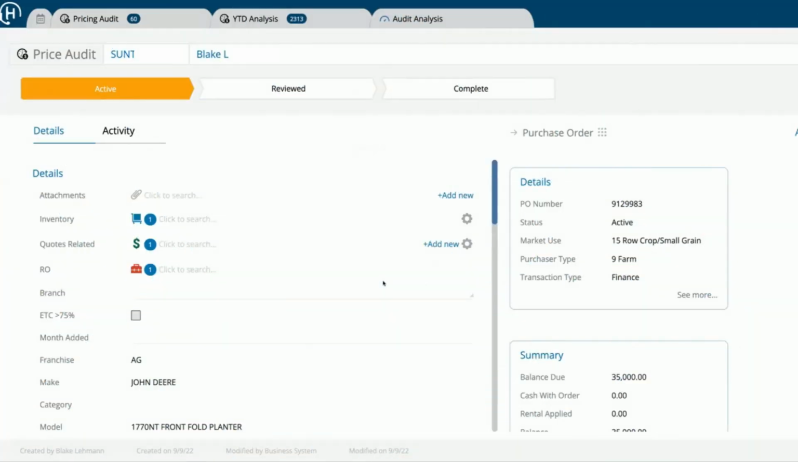Right here you have the pricing audit. Explain how that fits into all of this. Yeah, so the example of, or where this came from was